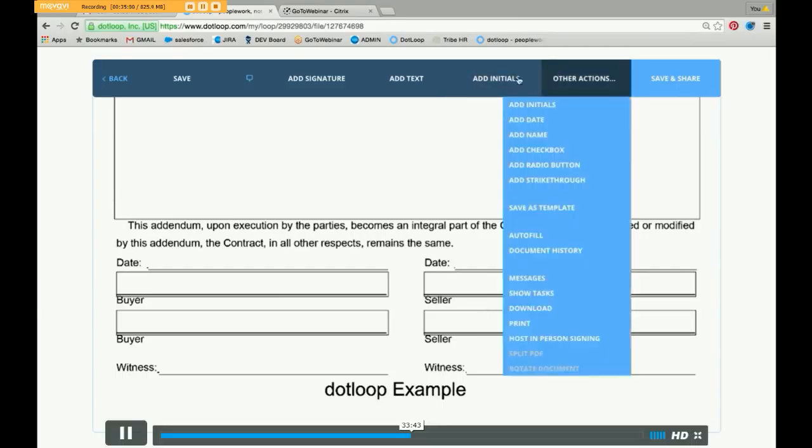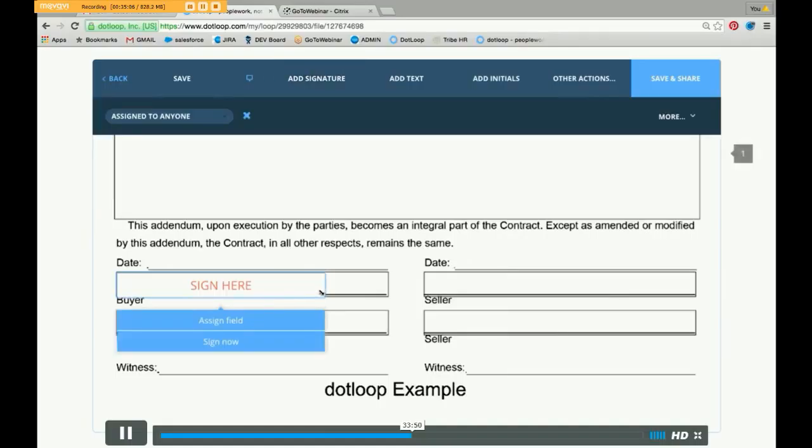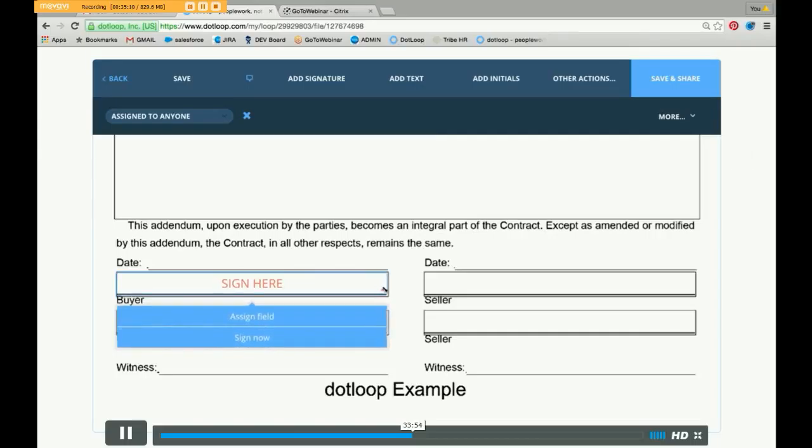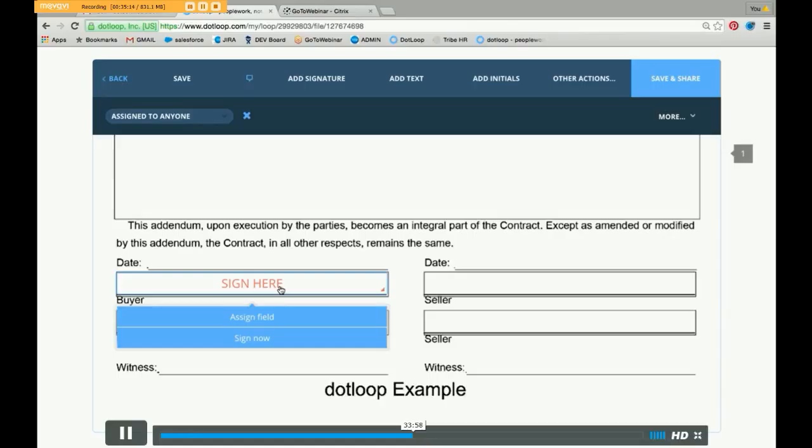So let's say you drop a signature into this field and you resize it, you make it a little skinnier and then a little wider. Rather than do that all over again, I'm just going to click in this field, hold Shift,